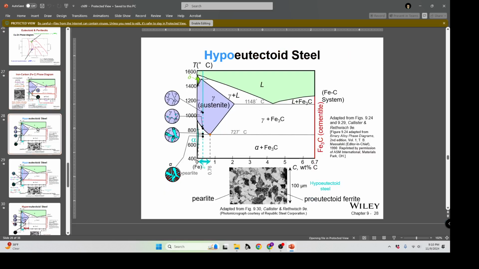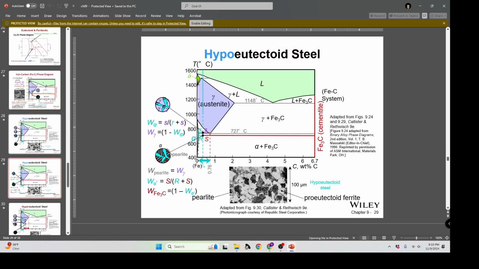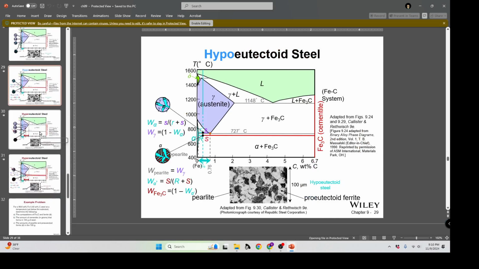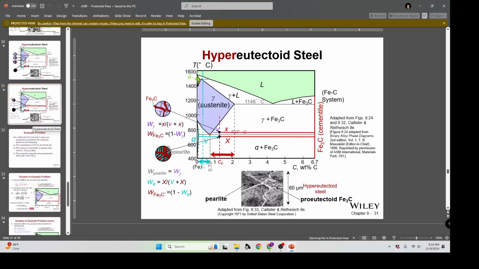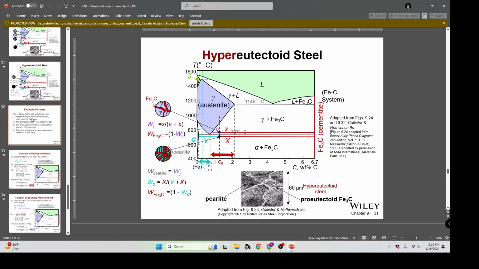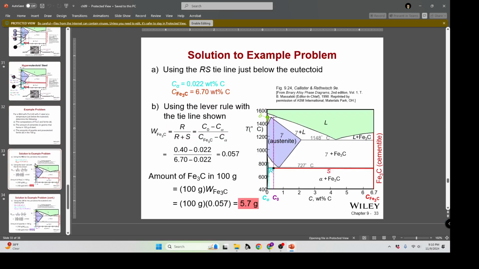Understanding when something is hypoeutectic, what does that mean? Hypoeutectoid, hypereutectoid, what does that mean? What are these different compositions? What are the weight fractions? What are those phase diagrams